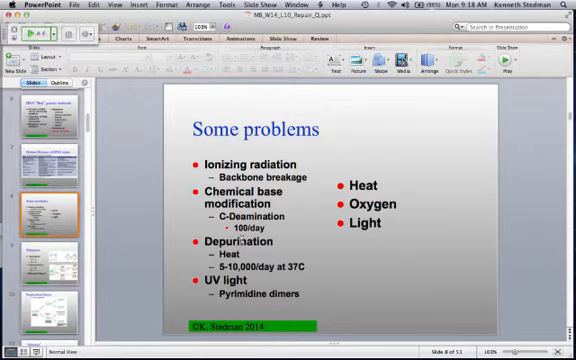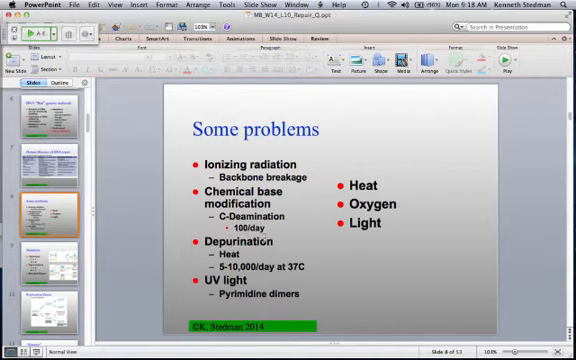Chemical-based modification happens all the time. Just a back-of-the-envelope calculation, particularly for cytosine: the amine comes off of that cytosine at about 100 per cell per day. And you think of the trillion cells that you have in your body, this is very, very common. Even more common is